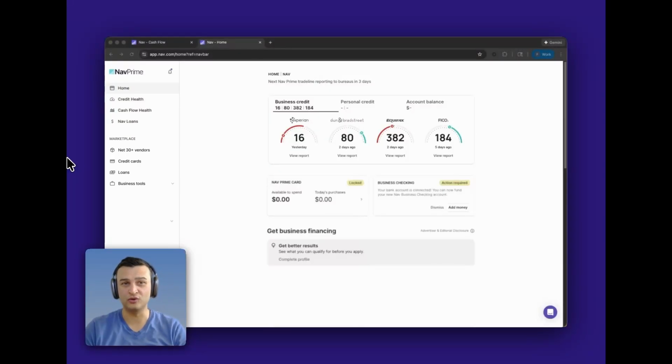Welcome to this quick walkthrough of the Cash Flow Health tab in your Nav account. Cash Flow Health helps you clearly understand where your money is coming from, where it's going, and how healthy your business really is, not just today, but over time. It's designed to help you react quickly and plan ahead, which can help you better manage operations and identify strategic